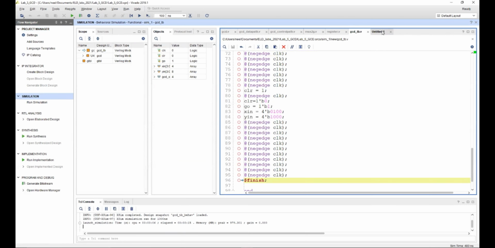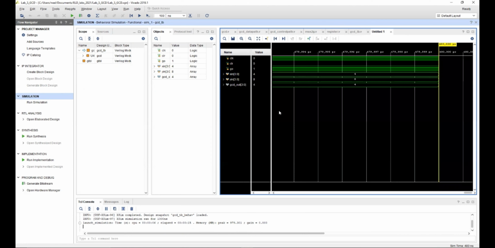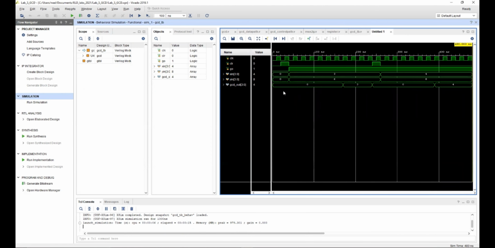So as you can see, the simulation ran perfectly, and we don't know whether the outputs are correct or not. We need to check that. But after the simulation has run and encountered the finish statement, it basically stops over here. So yeah, as you can see, it stopped over here, and then you can check whether the values are correct or not. So yeah, the go is equal to 1 over here, and